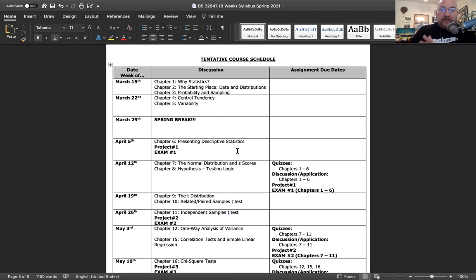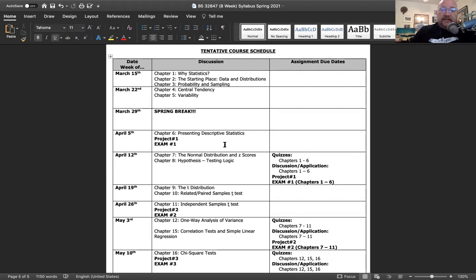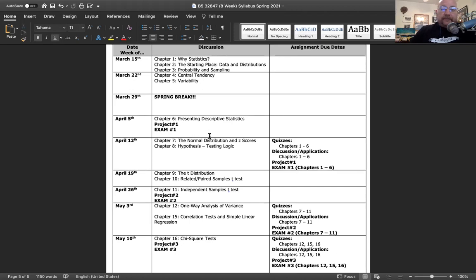Like, I can do everything I can on my end, but if you're not buying in and you're not being responsible, like you don't have the discipline to make sure you're doing your work on time, then it can be frustrating. So I created this schedule for you. It's a tentative schedule. It might change if we need more time on something. And like I said, I'm just trying it out, so I'm calling it tentative. But here's what I was thinking.